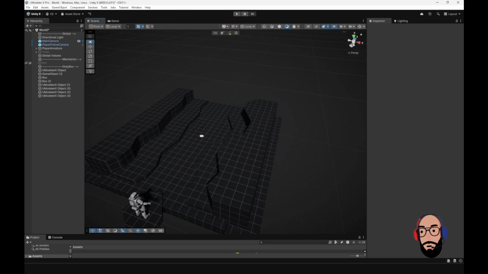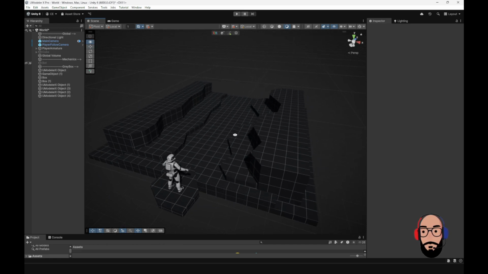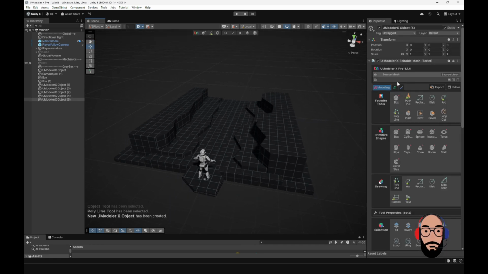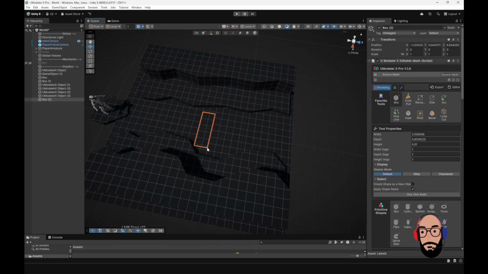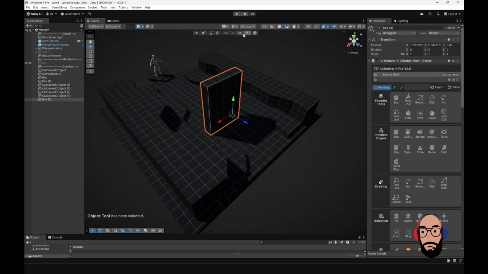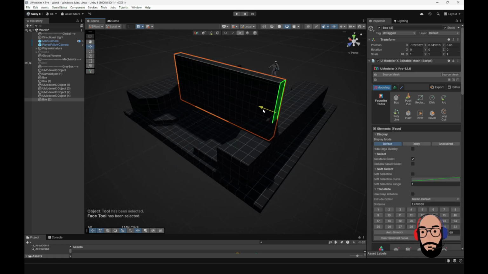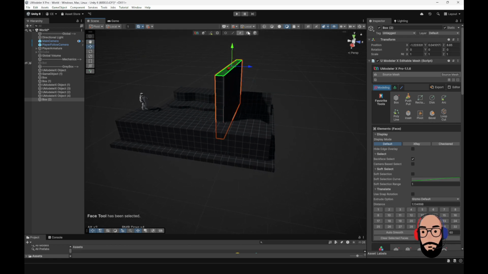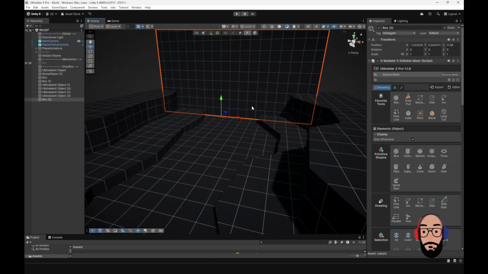So maybe there's a broken wall or something that he has to go through before getting to the other side. So what I can do is go ahead and select the box tool, and I'm just going to keep it simple and create a wall. Awesome, right? And I'm just going to go ahead and move this out, and we can do something like this, where maybe he has to go through a tunnel that is coming up on this side. So I can kind of put this here, and now we have a wall,